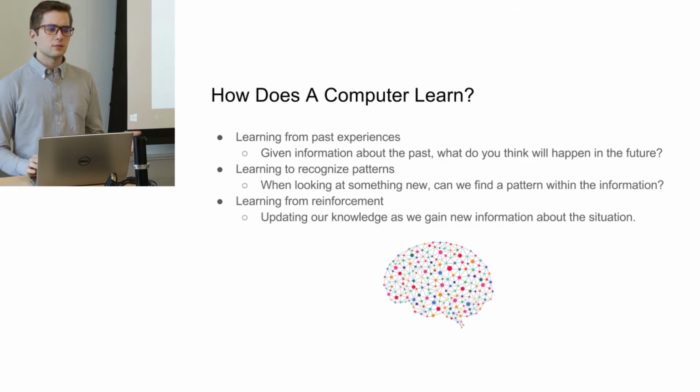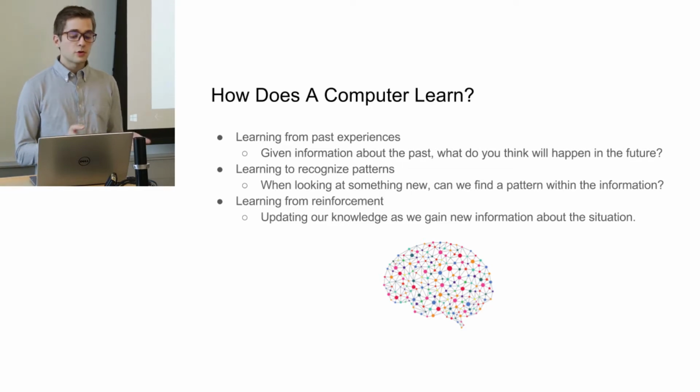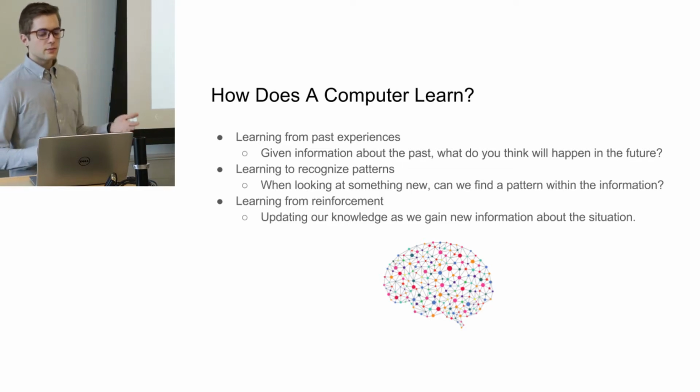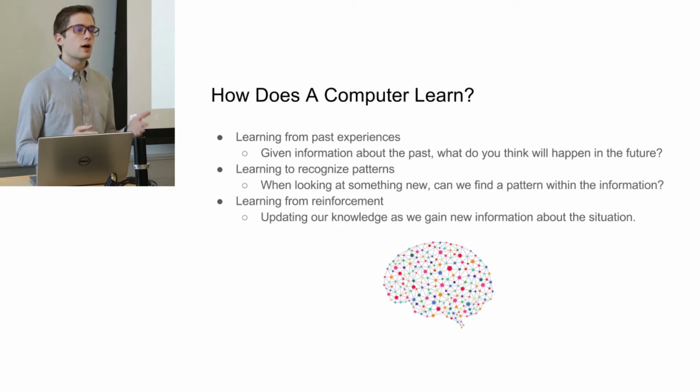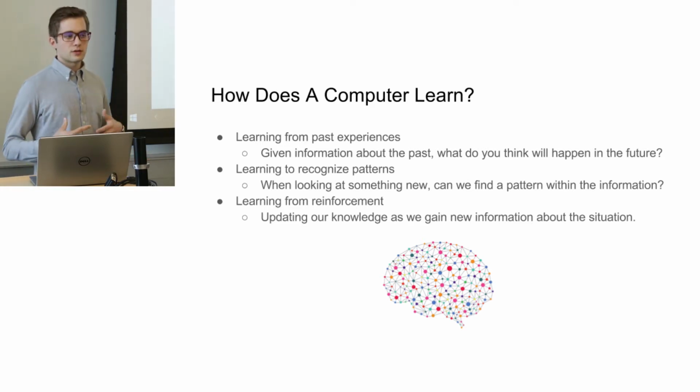So first I'd like to discuss a little bit just how does a computer learn? Computers learn very similarly to how humans learn. A computer will learn from past experiences. Given information about the past, what does the computer think will happen in the future? If you give it past examples, it can make predictions about the future. Learning to recognize patterns. Just like when we're presented with a new situation, the computer can look at random data and decipher patterns within it and help it make inferences. Also learning from reinforcement. Just like us, updating our knowledge or updating our algorithms as we gain new information